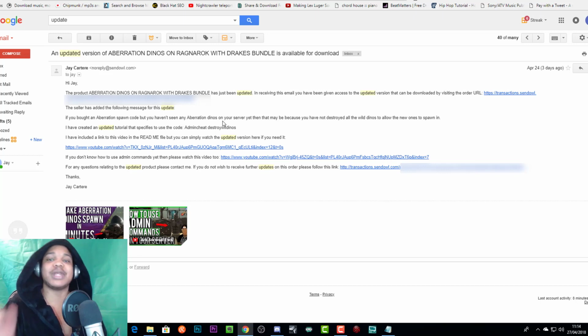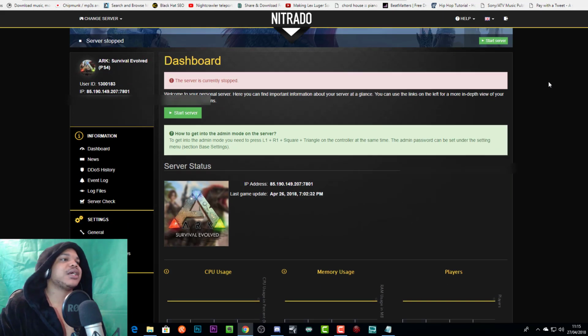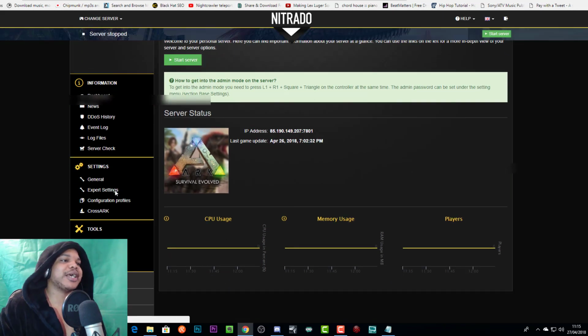I'll also probably have this video embedded in the message under here so that you guys know that this is how you update your code, because you do need to go through a few steps in order to update your code properly, and that's why I'm creating this video right now. So you click on the link at the top to get your new download. Then once that's happened, you go to your Nitrado server. So let's go to expert settings,